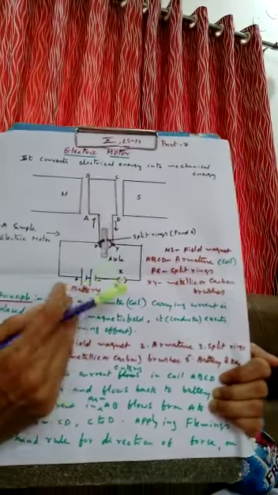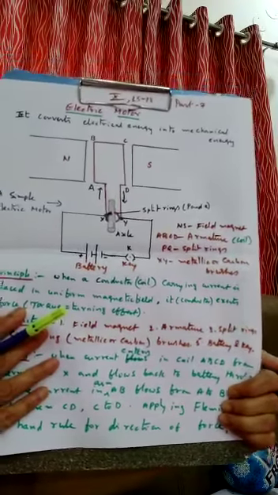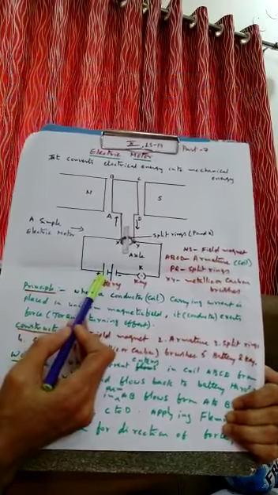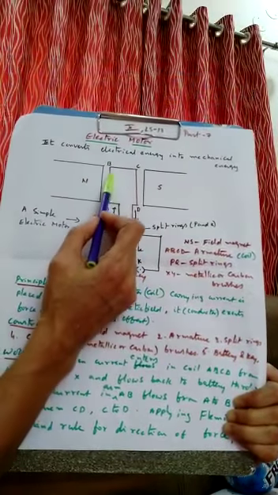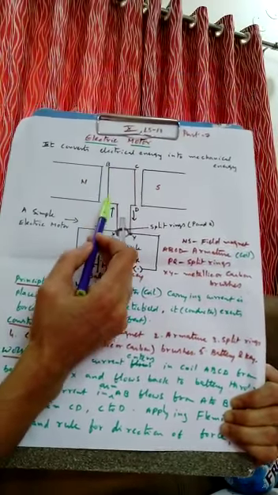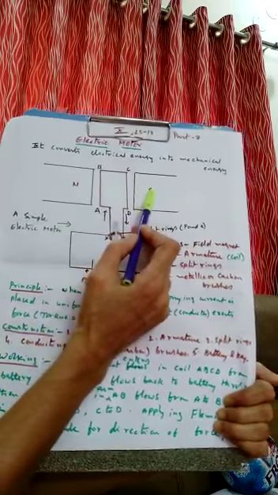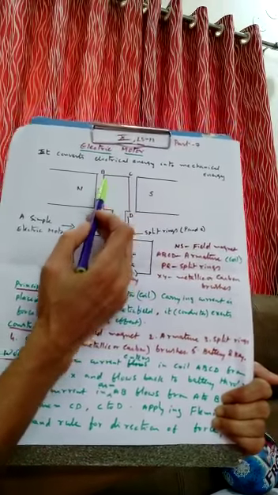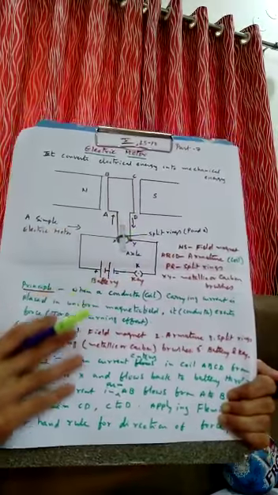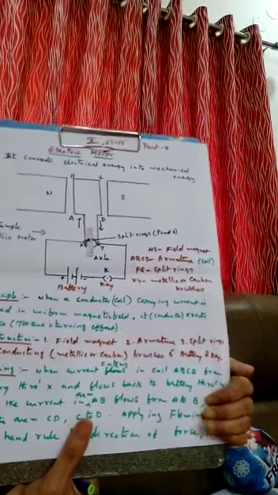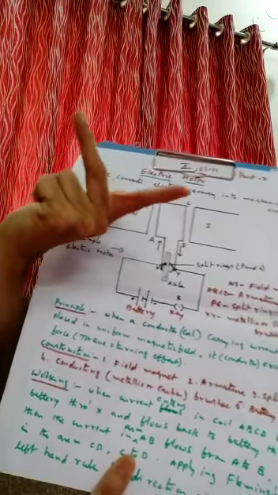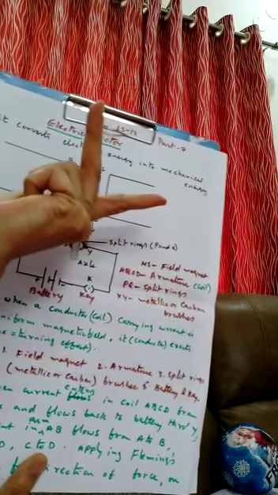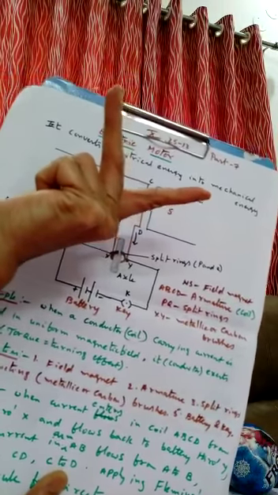Now working. Which rule are we to use? Fleming's left hand rule. When the current flows, see the positive direction here, current is flowing through A, entering at A. So current is like this, magnetic field is like this, current is moving up. In which direction is the AB arm moving, inward or outward? I would like to explain by using the left hand. See the magnetic field and current. Where is my thumb? Inward. So AB will move inward.